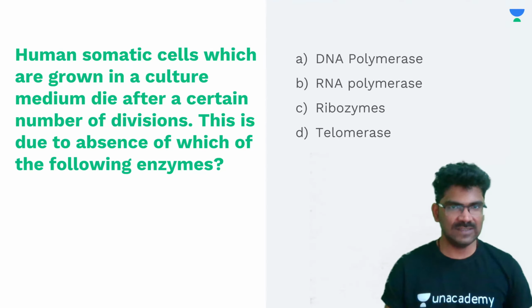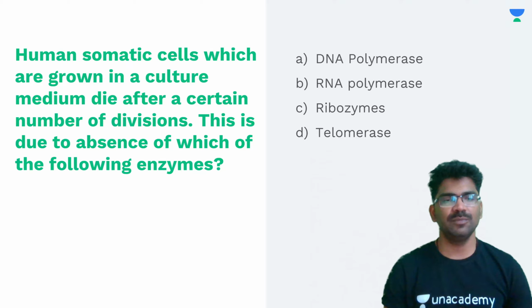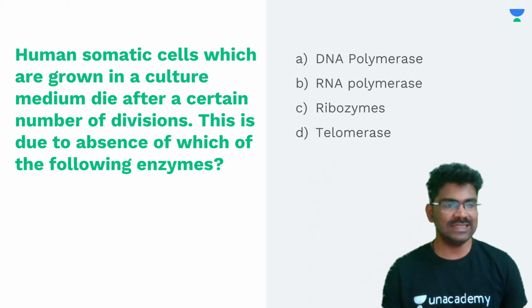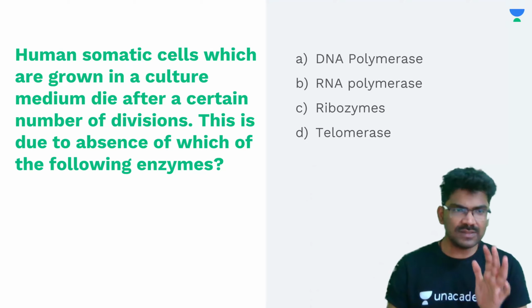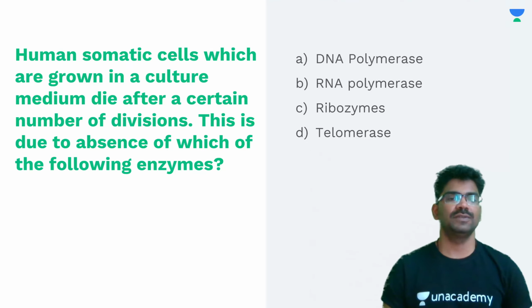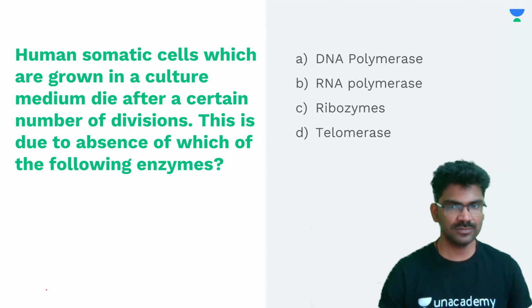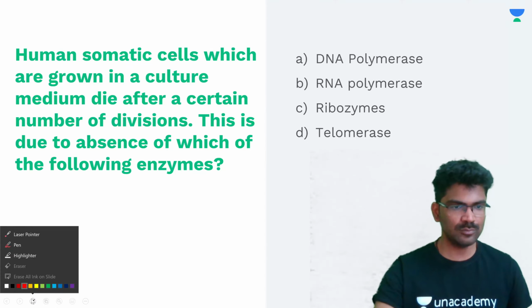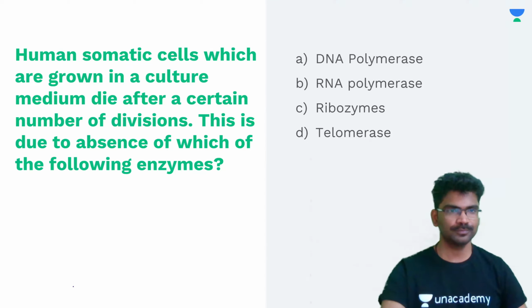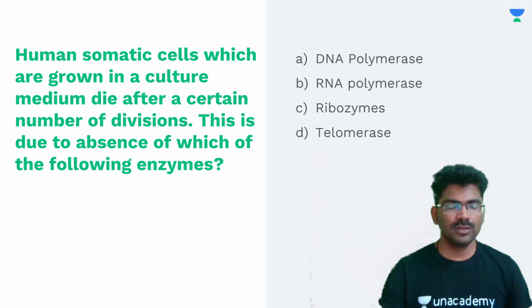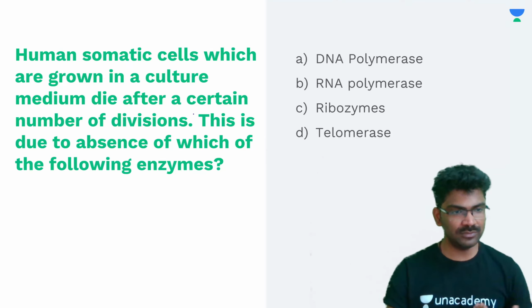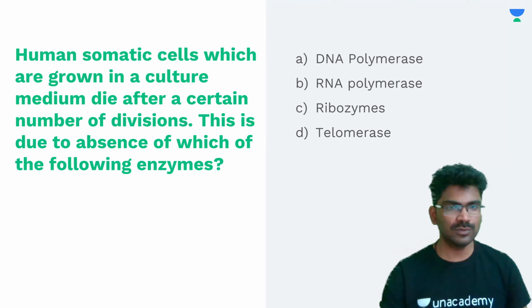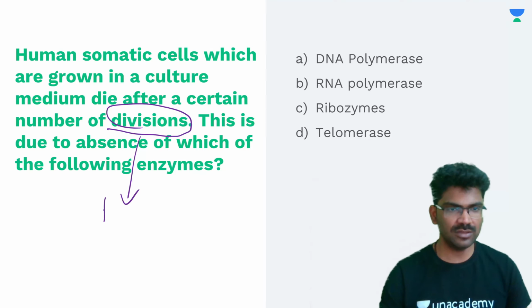Human somatic cells, which are grown in a culture medium, die after a certain number of divisions. This is due to absence of which of the following enzymes? Tell me the answer. Excellent Nitish. Excellent Moksha. So somatic cells dying after certain divisions, what is the name of this? You must be knowing, right? This is known as your Hayflick